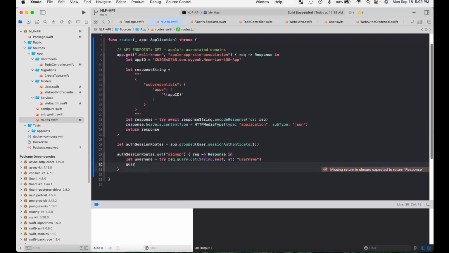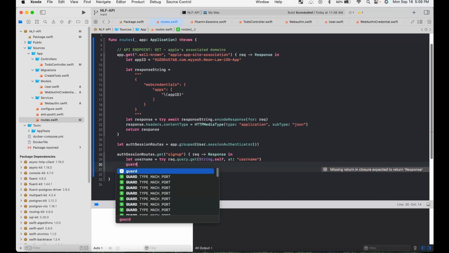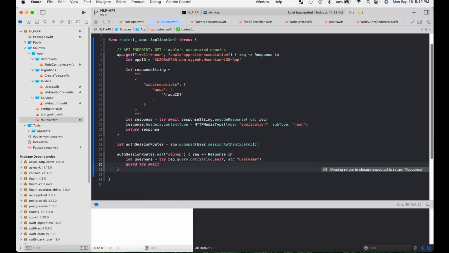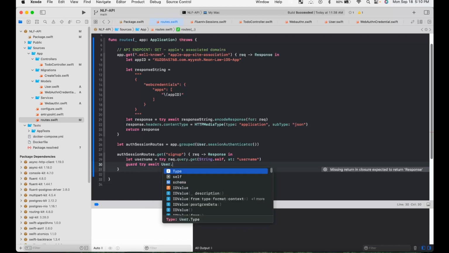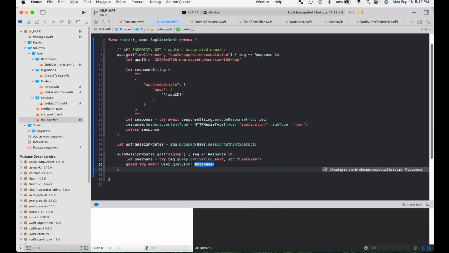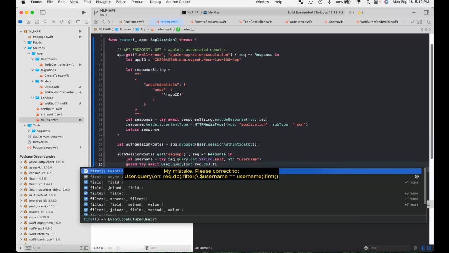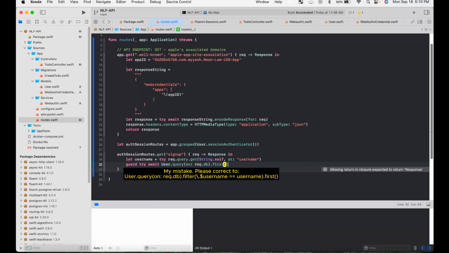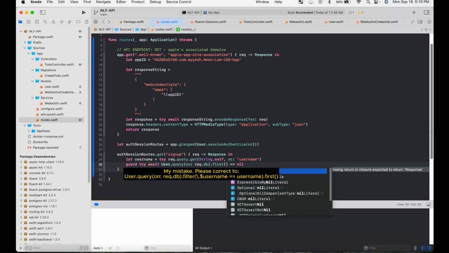Next we'll do a guard statement. We'll put a guard statement to query the database to see if there are any usernames matching the one given by the user, so we don't have any duplicates. So guard try await, and on User, we'll query that on the database and check that the first result is nil, so checking that there are no users,